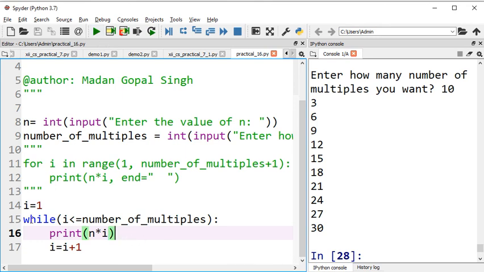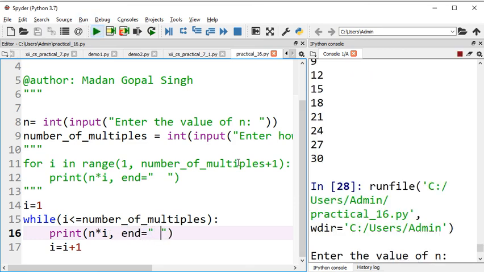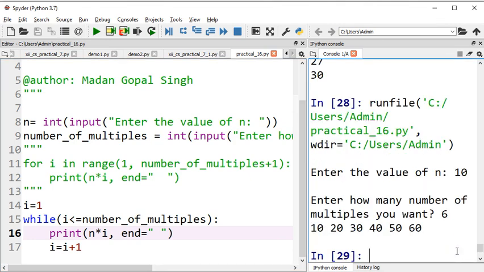So this way you can solve this problem. I will tell you why this separator is not working here. Actually, the separator applies to the arguments, and if you want to print multiple objects in the same print statement, then only you can apply the separator argument. That's why it's not working here. The end argument works here. So you may try it. Okay, so let's try to use this, 10 and let's say 6. So it's working, it's giving output in the same line. The separator argument will not work here.